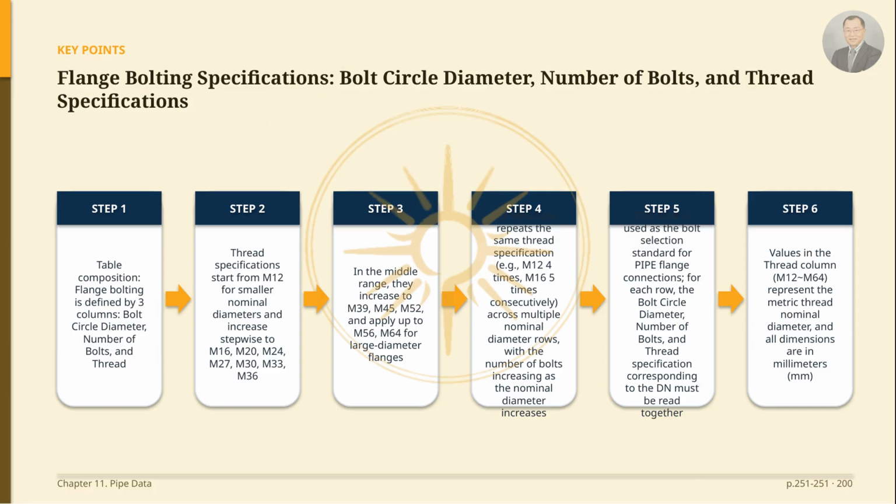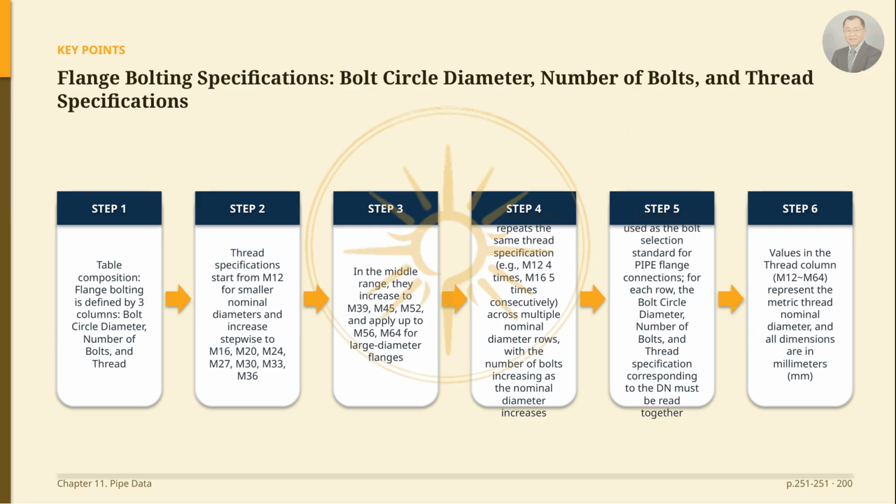This slide is a bolt selection criteria table applied to piping flange connections. It shows a structure where the bolt circle diameter, number of bolts, and thread specifications increase step by step as the nominal diameter increases. For example, M12 is applied for small diameters, but the specification expands up to M64 for